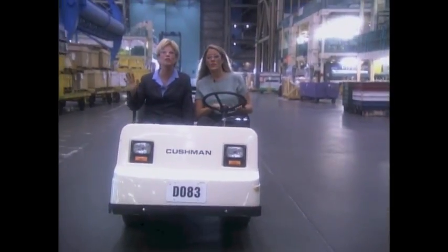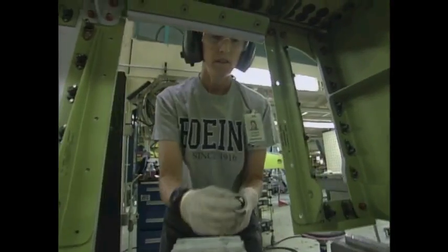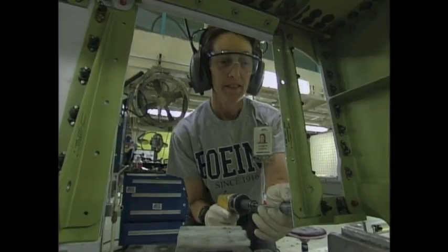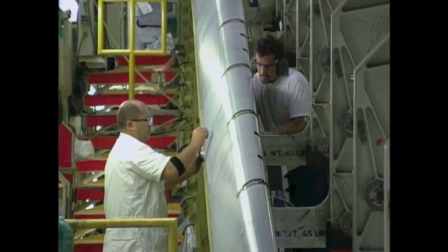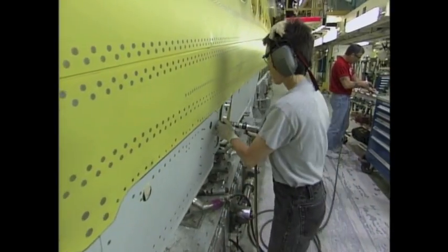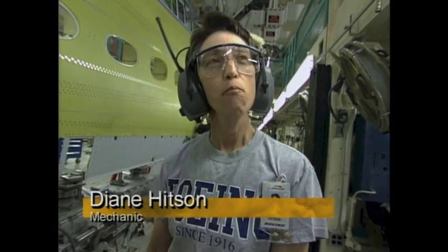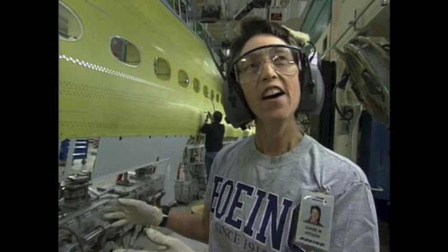We're going to a noisier section. Some areas of the plant seem almost louder than standing next to one of their planes ready for takeoff. Here, the upper and lower panels are joined to make the complete wing. This part is done by hand. I love it. It's a great, fun job to do. I love building something. When I'm done, I say, wow,